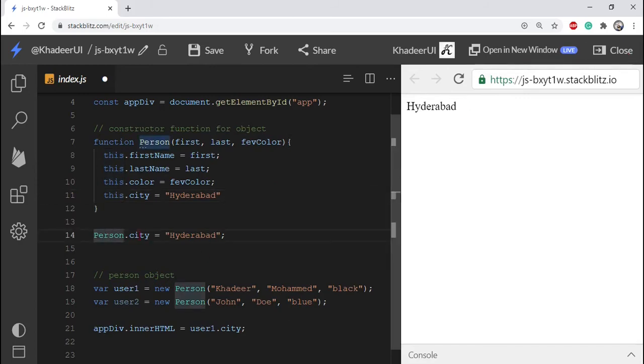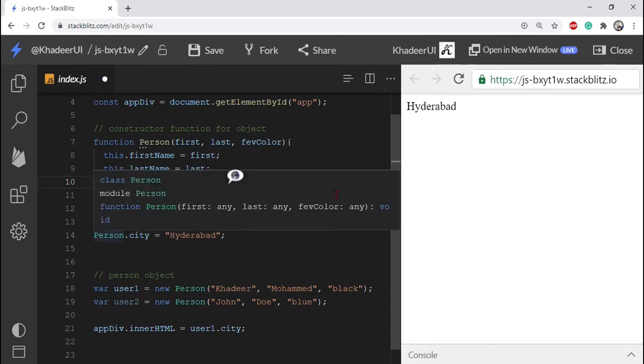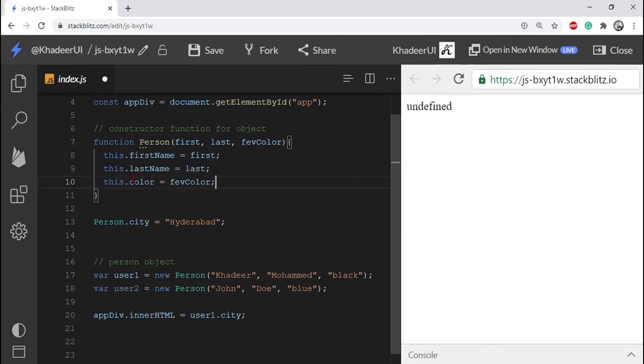Simple. Here write city. City does not work when written directly on the object constructor, it is undefined. There is an option, the prototype.